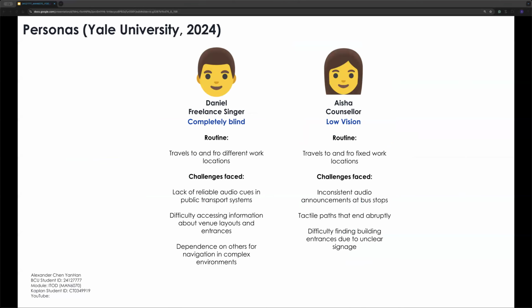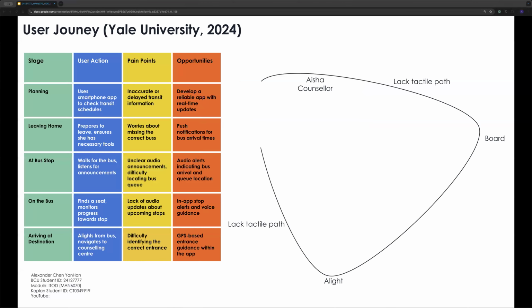Next, we interviewed Daniel and Aisha, both visually impaired, to glean daily challenges, from abrupt tactile paths to inconsistent cues. Their perspectives shaped our user personas, highlighting how navigation obstacles affect both routine commutes and unfamiliar routes. We then mapped out their user journeys to visualize exactly where they encounter problems such as needing real-time route adjustment